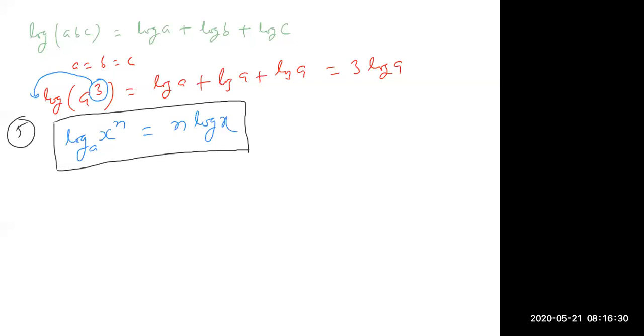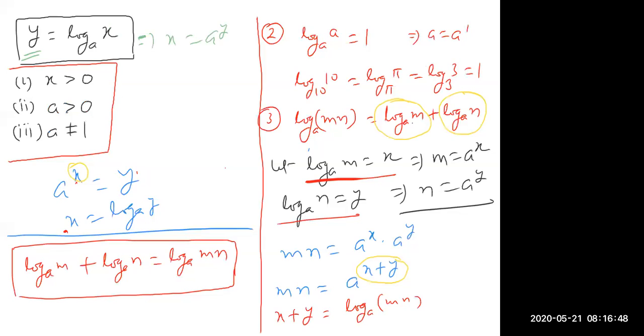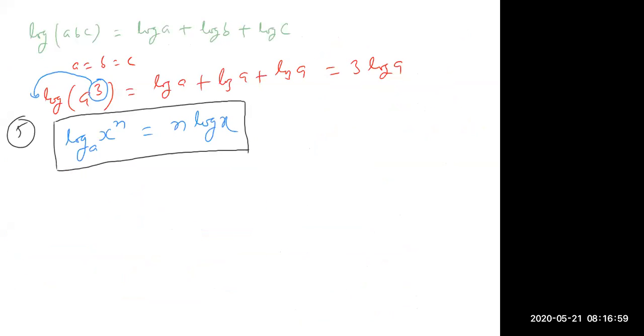Sir, that you have written in the green first line, does it belong to the fifth property? No, that is the part of the proof actually. Property is this. See, the green line belongs to the third property. Log A m plus log A n is equal to log A mn. Okay, sir. Sum is converted into product. So in the green line, what I am doing here, I am converting sum. Right hand side is the sum. Sum is converted into product.